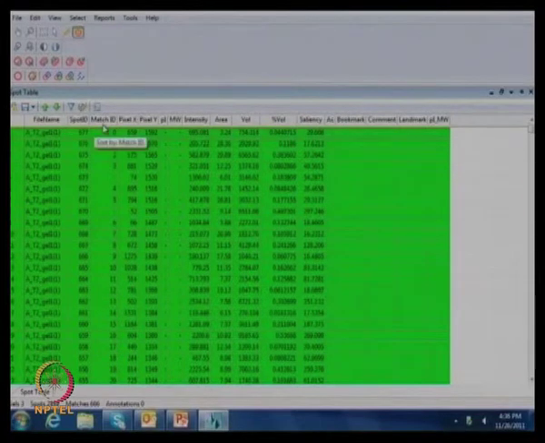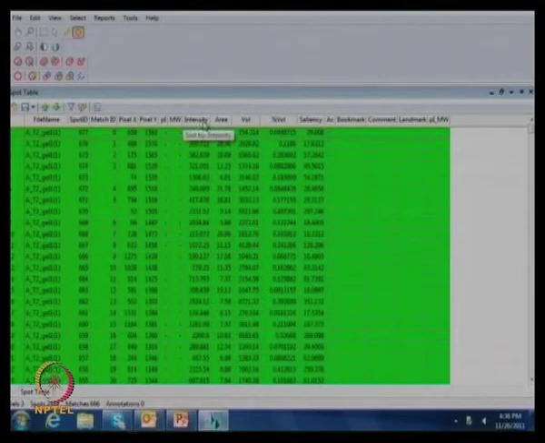This is the file name, that is, the gel number. Then the spot ID, which is given as a complete number for all spots. Then the match ID. Then the pixel position on the x-axis and the y-axis. If you can give the pI also, you can calibrate the pI as well as the molecular weight.